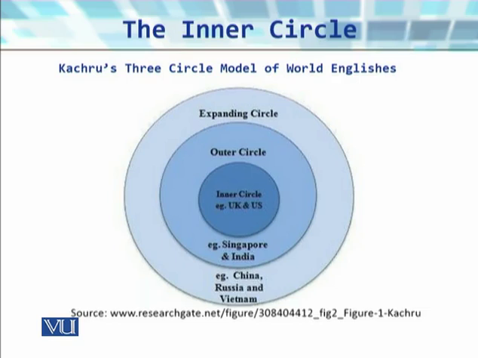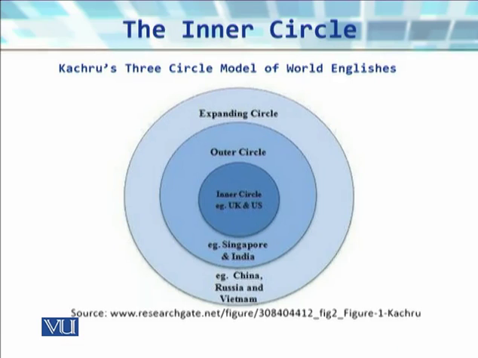which means that these circles represent the importance English has in these countries and the different functions that English is used to perform. The inner circle countries comprise USA, UK, Canada, New Zealand, Australia. The outer circle comprises countries where English is used as a second language, for example, Pakistan, India, Philippines, Nigeria, etc. An expanding circle comprises countries where English is used as a foreign language, for example, Korea, China, Japan, Saudi Arabia,